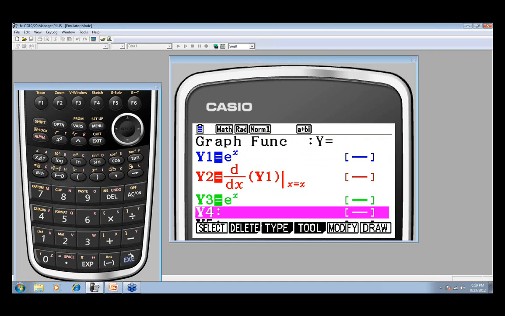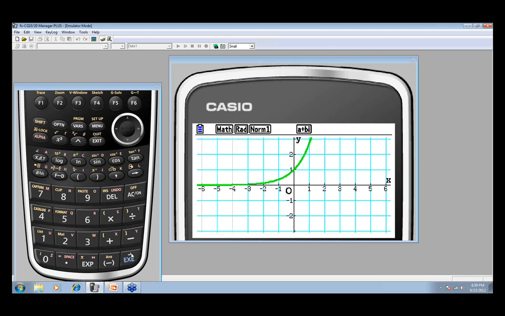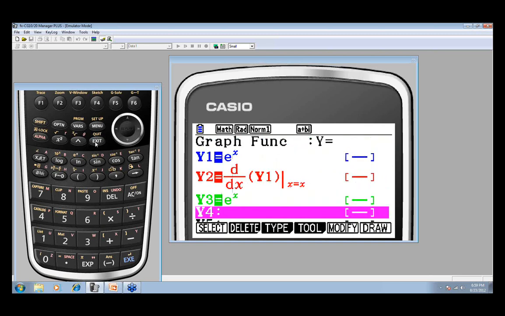We're going to have a blue, a red, and then it's going to go green real quickly. Blue, red, green. So yeah, we're right there. The derivative of e to the x is e to the x. By having them investigate and discover some of these rules on their own, it helps them go back to their paper and pencil and be able to compute derivatives and remember the rules when they're on their own.